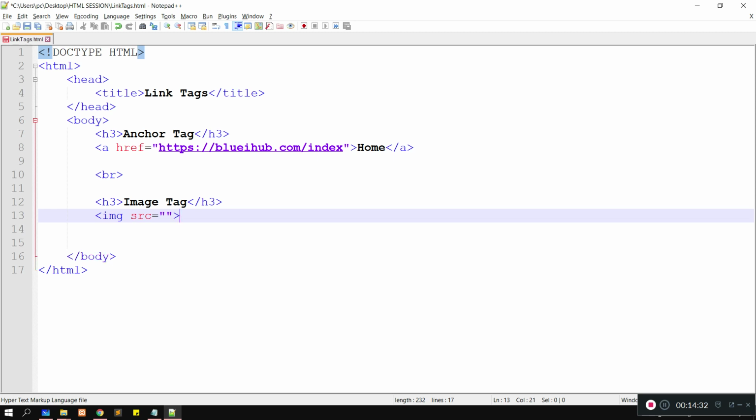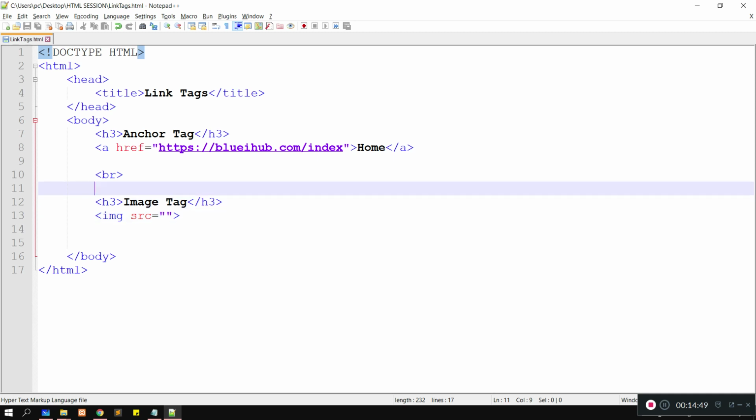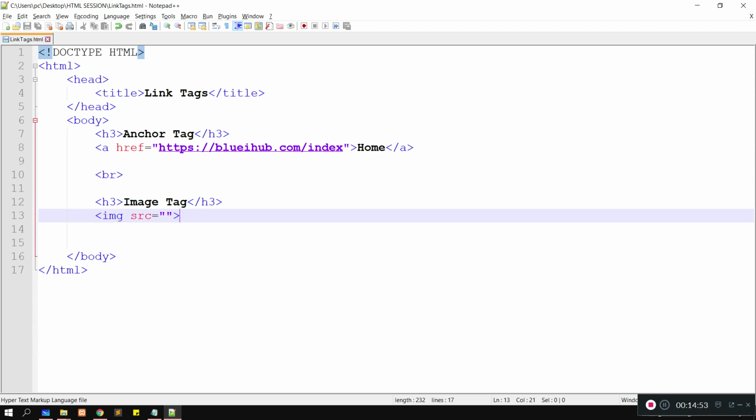We have to give the path here. And done. Sorry for that, it's an empty type tag. So remember, the anchor tag is a container type and the image tag is an empty type tag, because it doesn't have any closing.